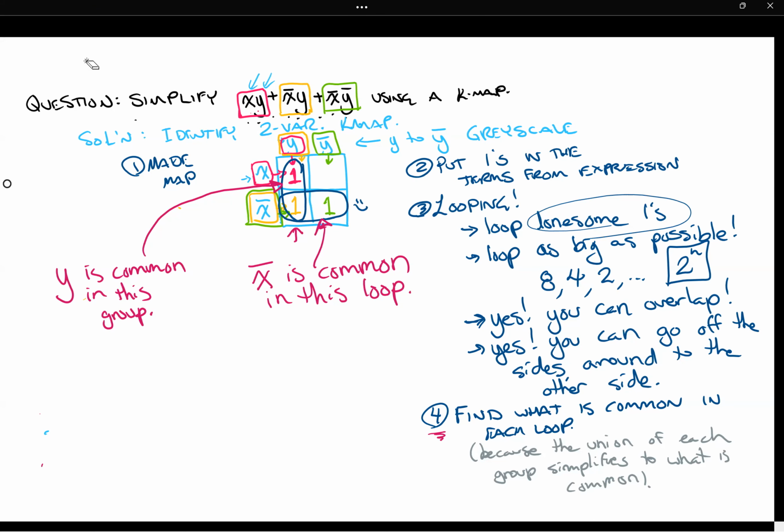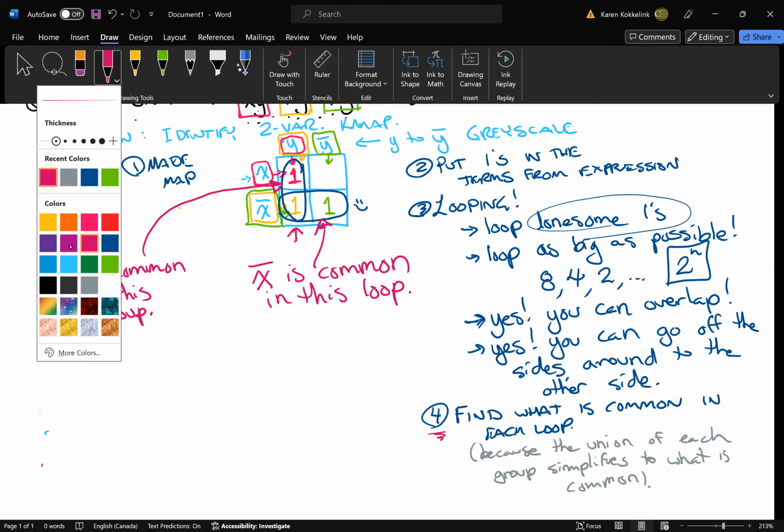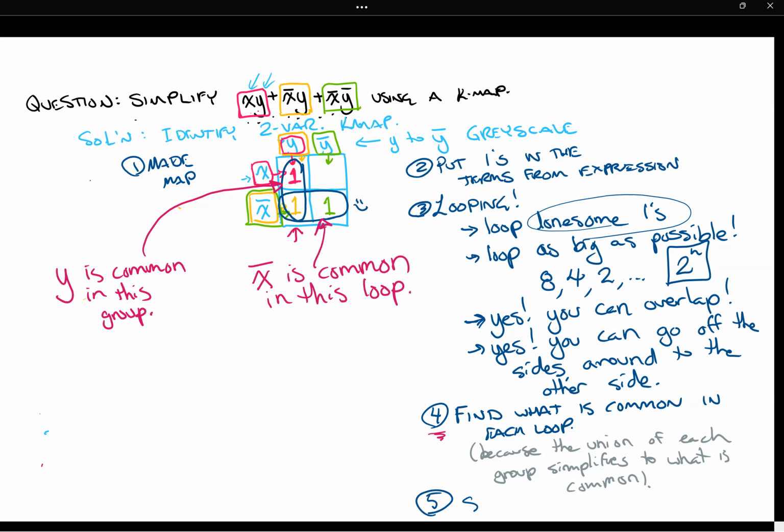All right, then the last step in the K-map method is to do a therefore statement and say what the answer is. Step 5, state the answer as sum of products. Now, that's again silly. It's not going through first principles. Why is that the answer? Because if you look at the union of all of these things, then what they would simplify to would be